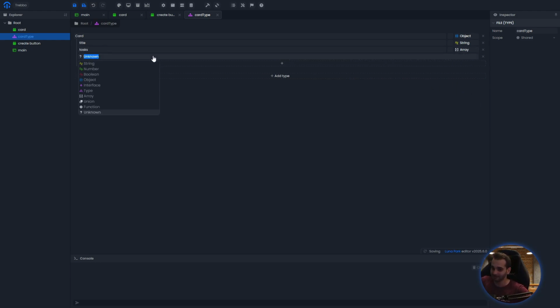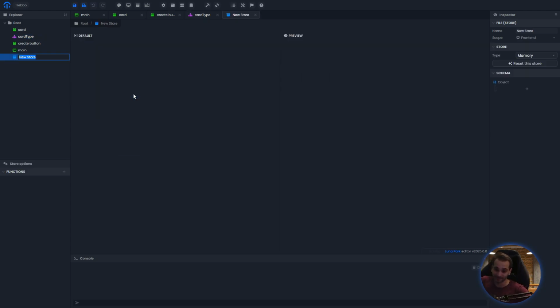Now that we've defined our type, we can finally create a centralized place to store the card data. This is the store. In the store, we create a new schema. This time, we'll have multiple cards, so we name it cards, plural. What is it? It's an array of card type. In plain English, we just made an array of cards and each card has a title and a list of